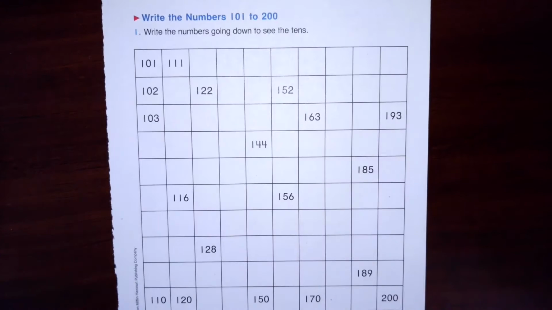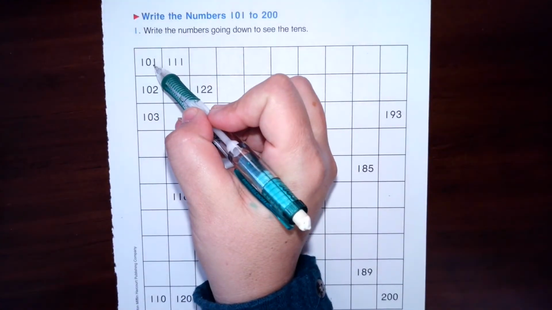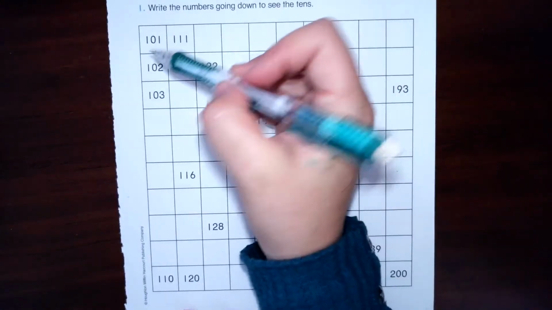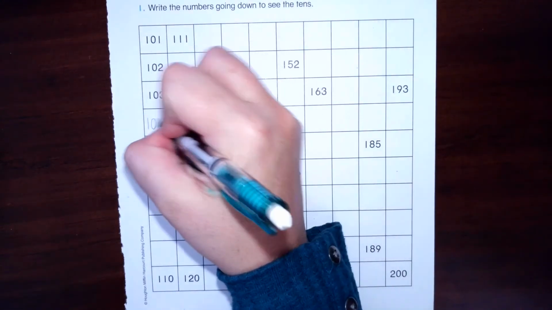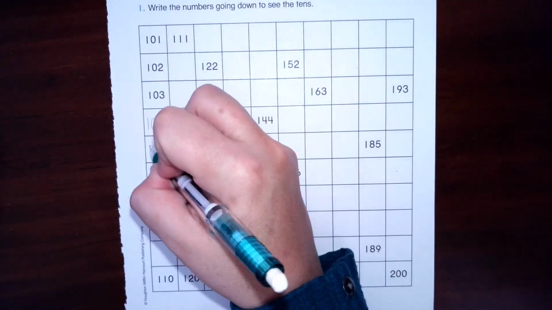So first, I'm actually going to have you in a little bit pause the video, and you're going to complete this chart. This is like a hundreds chart, but it actually starts at 101. In small groups, we're going to be looking at the hundreds chart and looking for patterns, but we are actually going to start in this video with the number 101. So as you notice, it goes 101, 102, 103, and then we have 104,